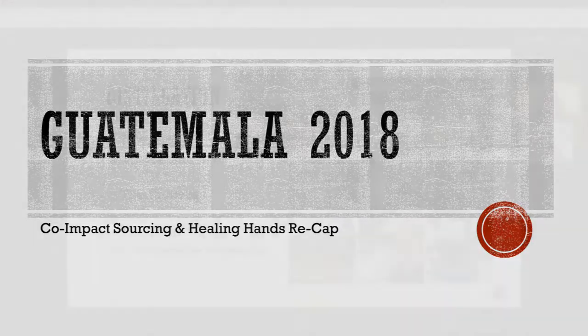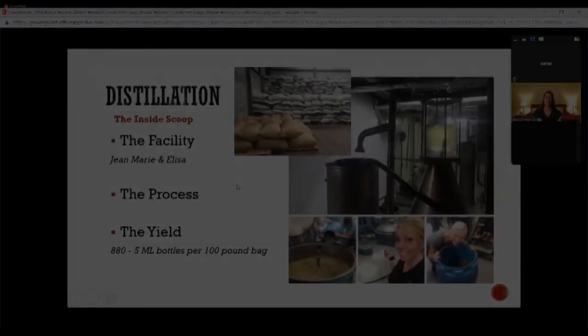So, distillation. The facility where the distillery is located is actually down further, by Antigua in Guatemala. So we came out of the jungle and into Antigua. We were not allowed to take any pictures with the distillery's logo. We were not allowed to share the name of the distillery because that's proprietary information, because a lot of people